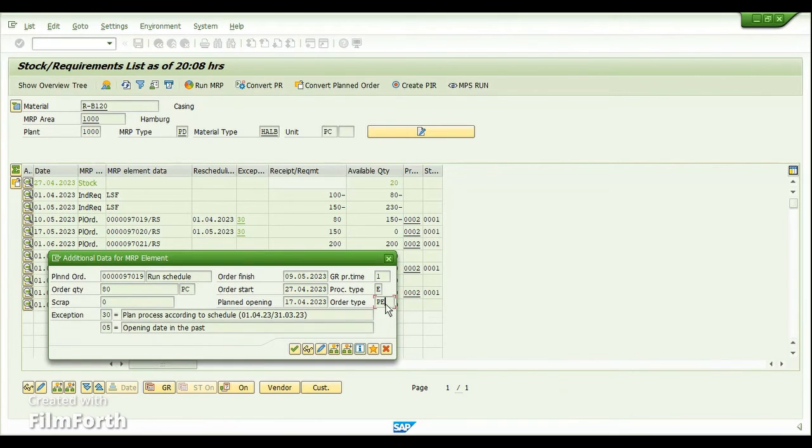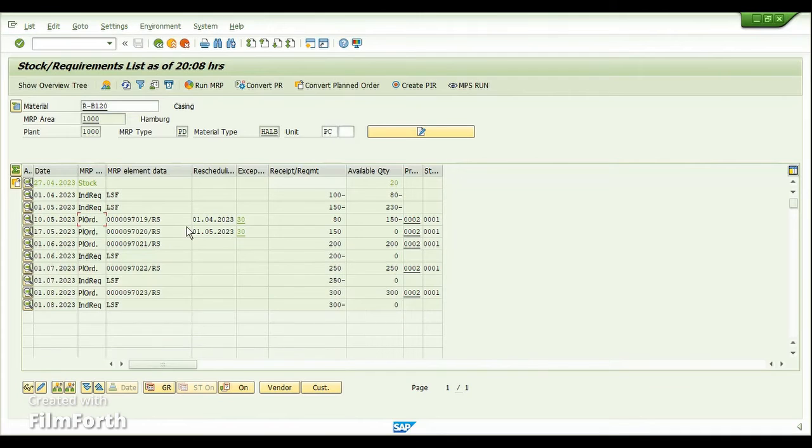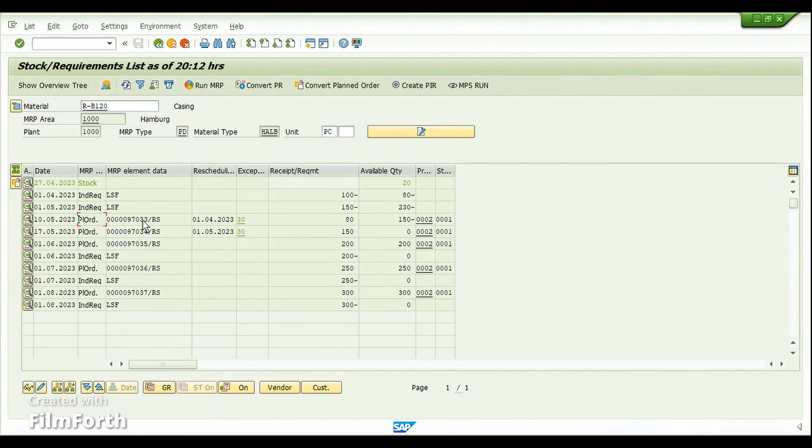And then the order type is PE, and the procurement type is E, and this is basically coming from the master data. Okay, so now since we have these planned orders created for the PIRs, the next step is basically to